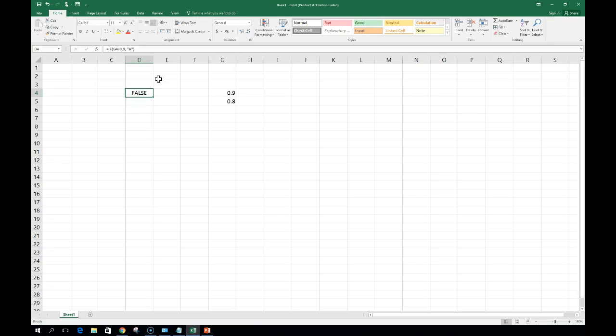So it's not true. Why is that not true? I said if it's greater than, well, I need to probably set that to greater than or equals to, because now it'll include that 0.9. So I could sit there and use this to figure out a grade scale. Now, it gets a little more complicated because do we have more than one grade? We do. Well, we can nest in Excel the same way we're going to nest